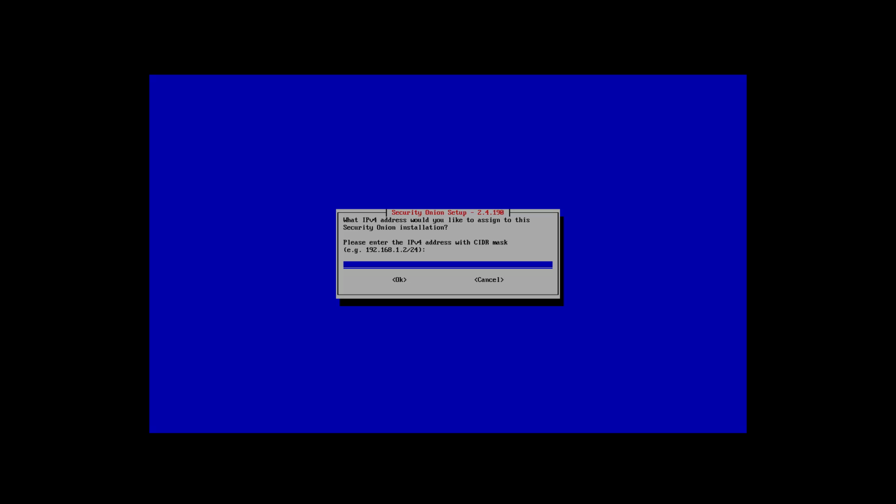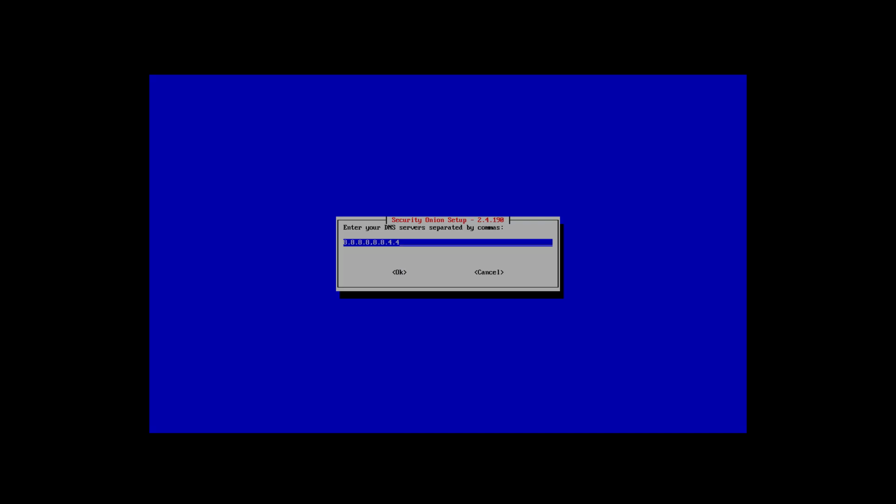Now we need to assign an IPv4 address to that management interface. Enter the IP along with the site or subnet mask for the local network. Here I'm going to use 192.168.64.10/24. Tab and Spacebar to continue. Now the gateway address that this node will use to access the internet and the rest of my network. 192.168.64.2